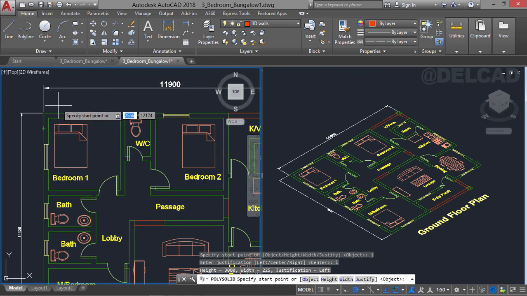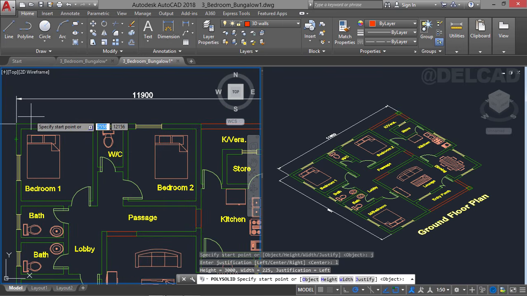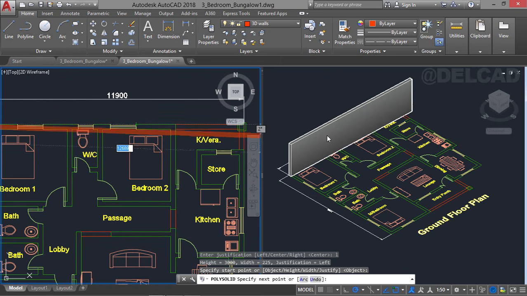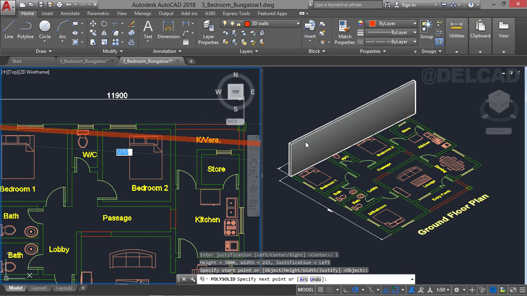From this edge where I have my wall, I can click to start creating the 3D walls using this Polysolid command, just like this. So we click on this point, and as we keep drawing on the viewport where we have it in 3D, you can see that we have the 3D